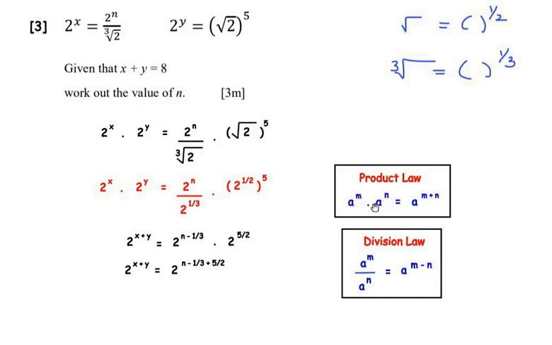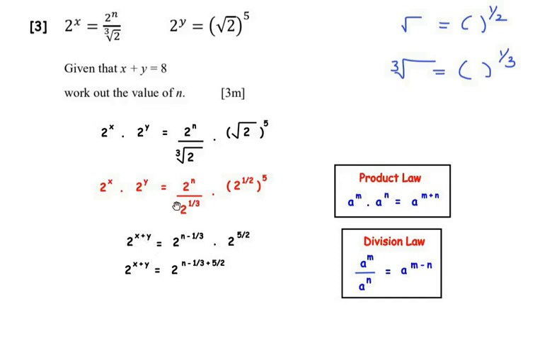Now if there is multiplication of the bases and if the bases are same, then the powers will get added. So here we can see that the bases are same on the left hand side. So we have added up the powers using this product law of index, giving us 2 to the power of x + y is equal to